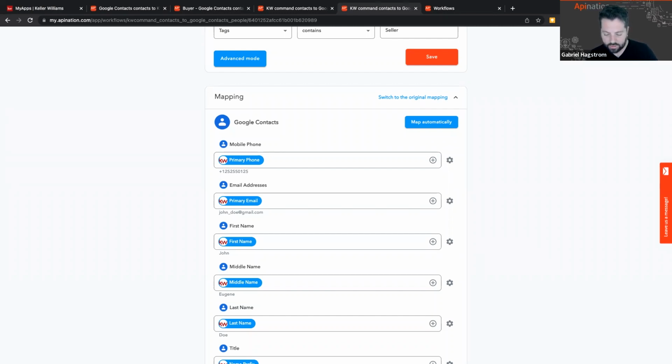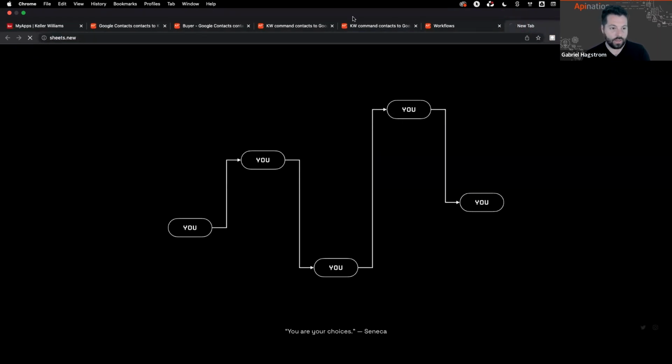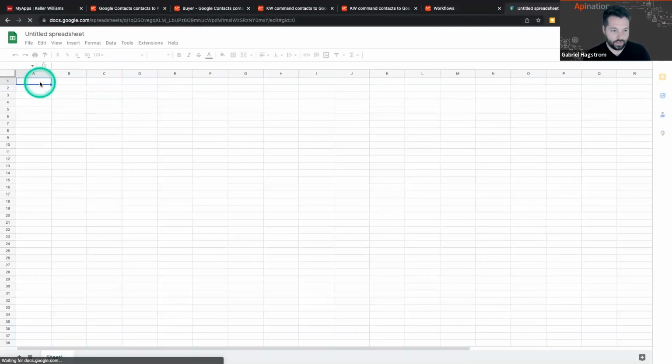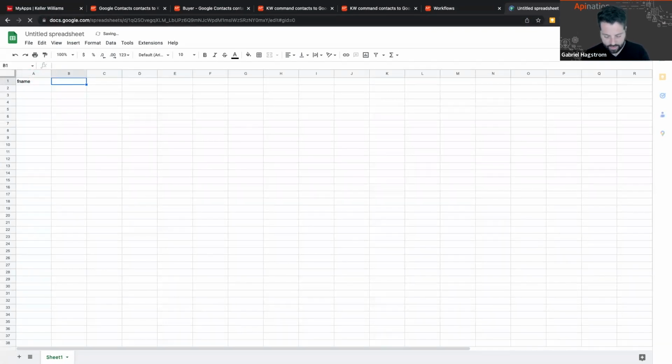Joe, if I put multiple tags in Google Sheets, will it recognize that the comma means a new tag? When I've tried this, it did. What Joe is saying is basically, let's say somebody comes to you and they're like, you know what? I have my people in Google Sheet and I need them to get into KW Command. And you're thinking, all right, that seems doable. And they say, actually, and also I want them tagged a certain way. So let's just say it's like this,